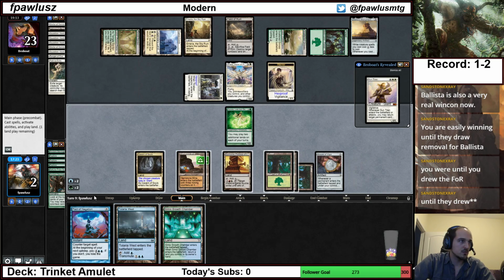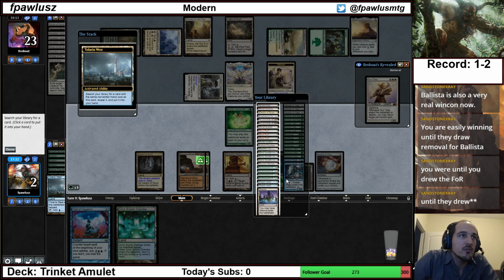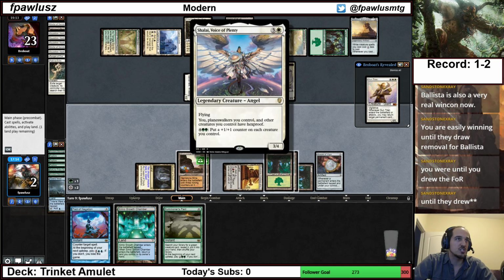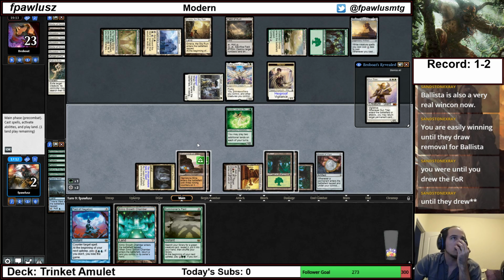Sorry that I'm not talking too much. It's because I really think that the only way that I lose now, it's probably going to be... Actually, this Shalai will kill me, right? Oh no, can I get enough life? I can gain 4 life. 1, 2, 3, 4, 5...